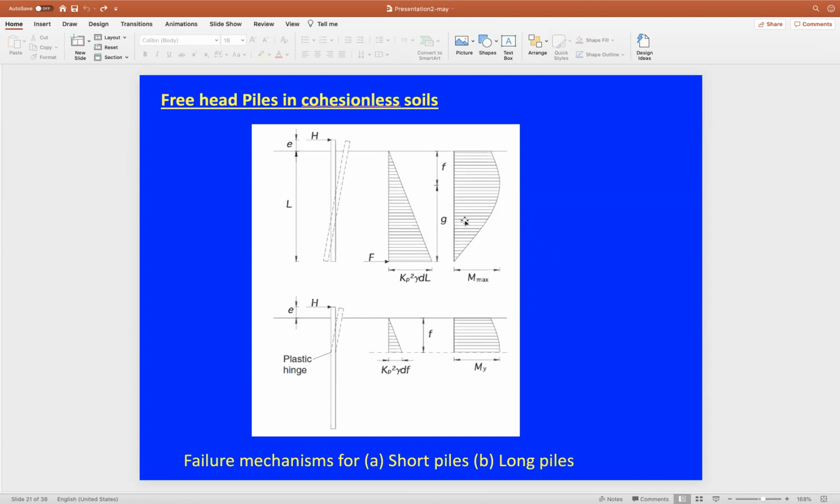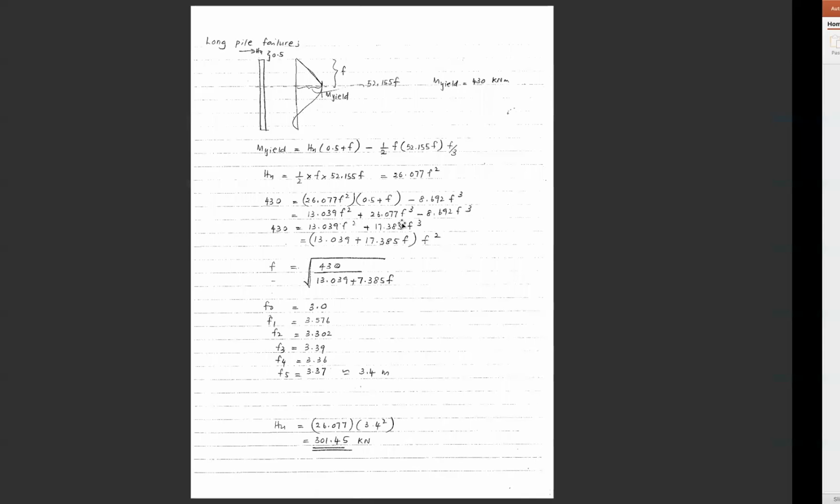working there by checking the value of M maximum, the maximum moment, against the yielding moment of the pile. If M maximum is less than My, then we have the short pile failure scenario. If M maximum is more than My, then we have the long pile failure scenario. So we're gonna assume both scenarios here. So if we go to the solutions,